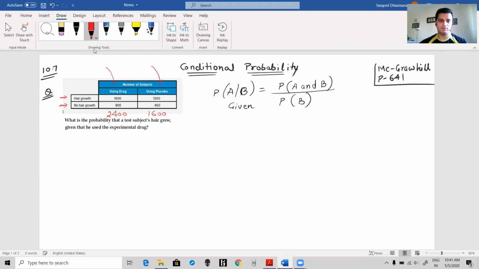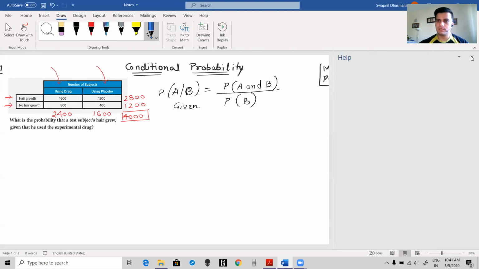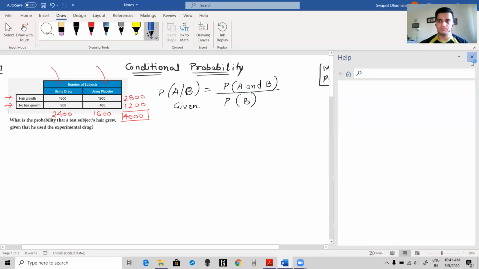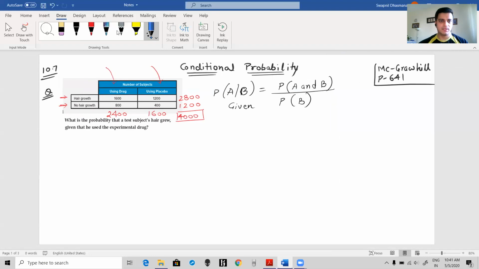People who had hair growth will be given by this, which is 2800. And people who did not have any hair growth are basically 1200. So when I add them all, the total will always be, from both sides, 4000. So there are a total of 4000 people in this experiment. Let's have a look at the question. The question says